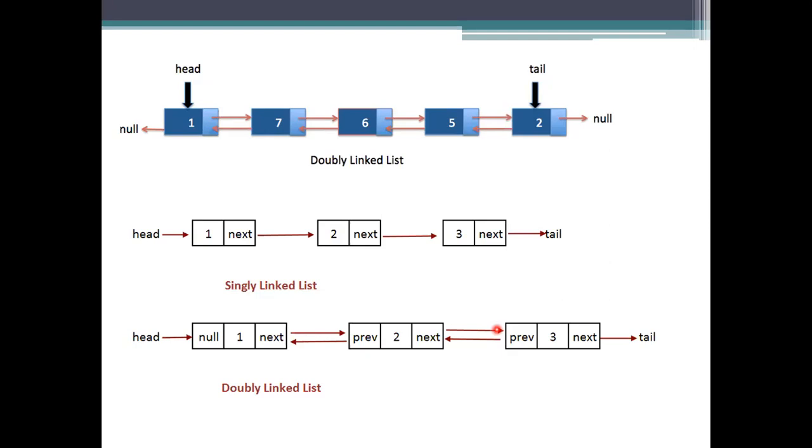So here the to and fro movement has to be specified and taken into account. The single linked list has two parts, but the double linked list will have three parts.